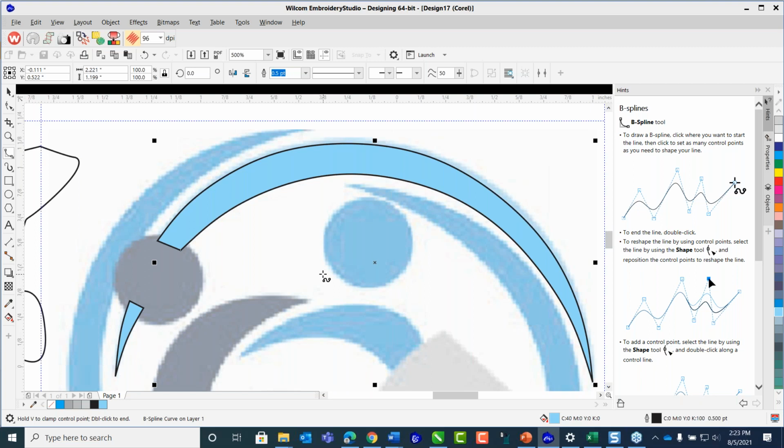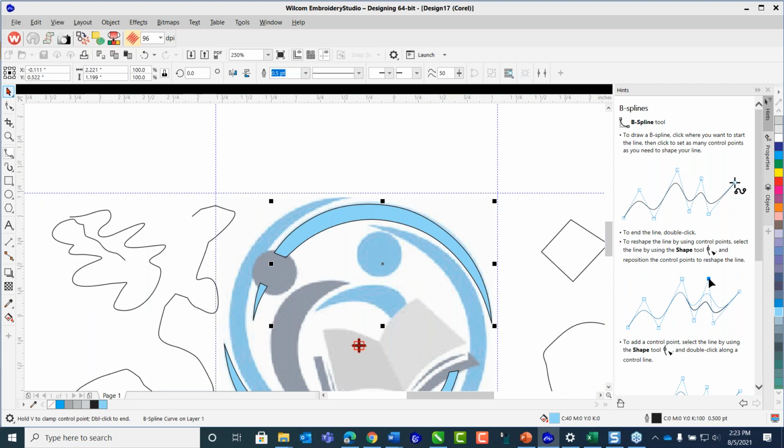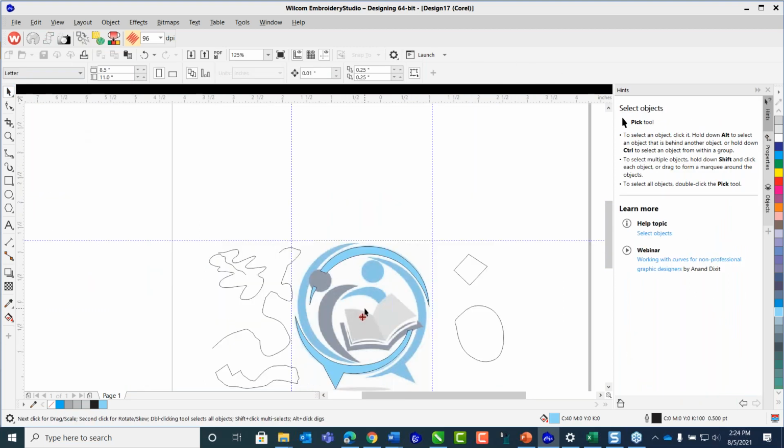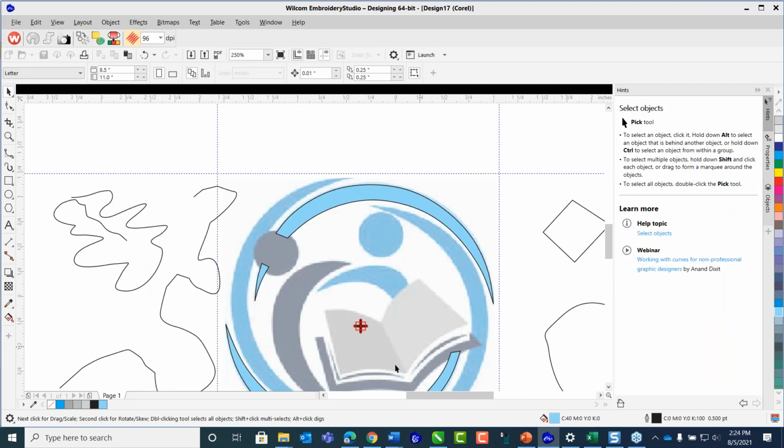Okay. All right. So I'll click my pick tool here for that one. So I've got those colors done. Okay. And by having these colors done,